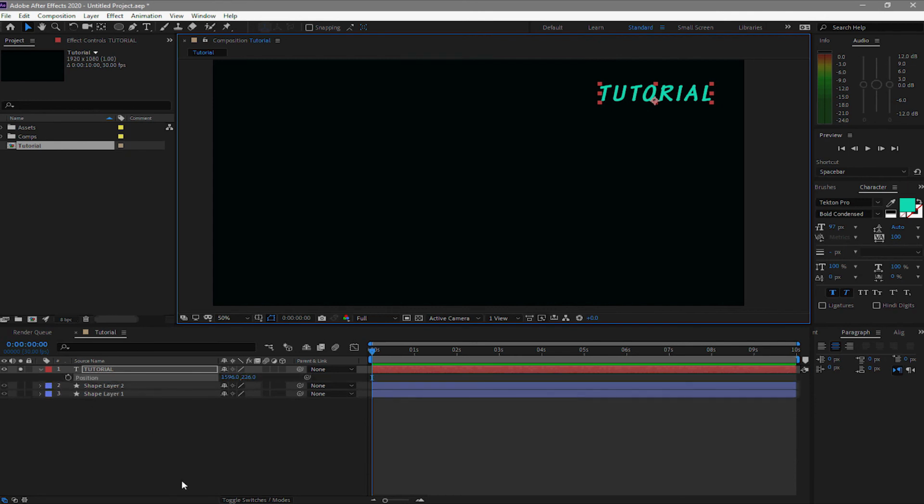and then press P on your keyboard for position. This one is the icon that you have to click if you want to create a keyframe. So I will click it, and here you create a keyframe, and then probably I will just move forward my playhead to 1 second, and I will move this one here,